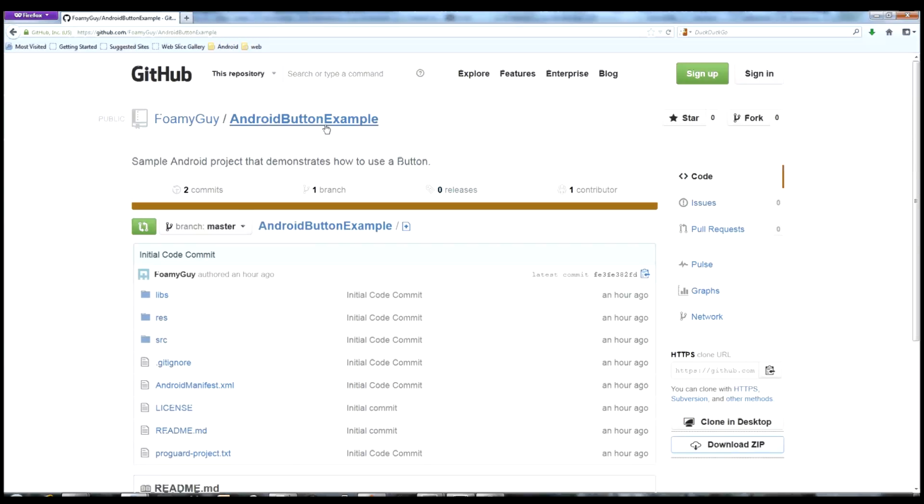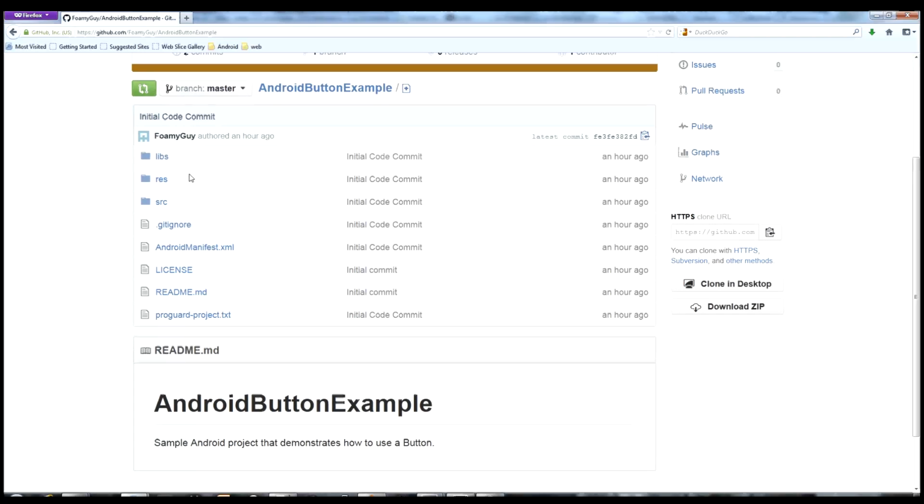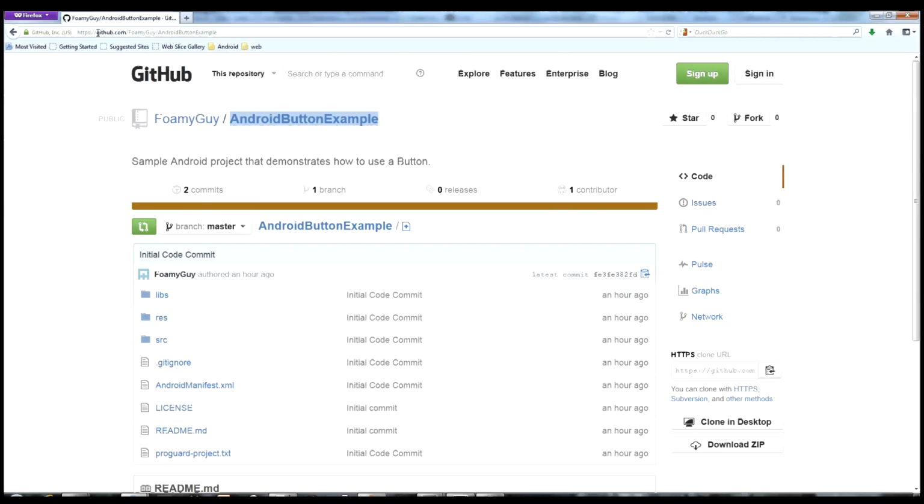Hello guys, this is going to be a real quick video to teach you how to use just a real basic button in Android. We're going to make an application with a button that will make a little toast pop up when you press on it. So to get started, open up your browser, come to this website right here,